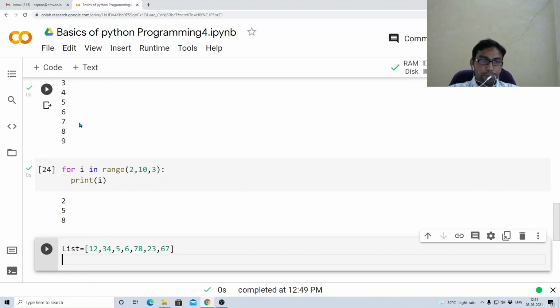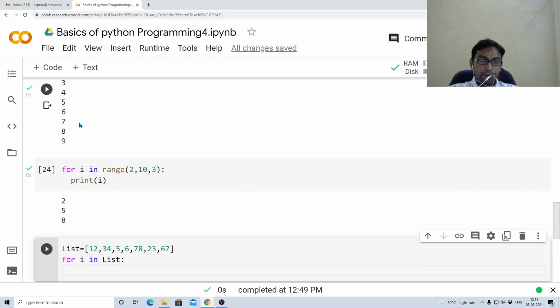Now what I wanted to do is print these elements. For I in list, this is an iterable, that's all. For I in list, I want to print